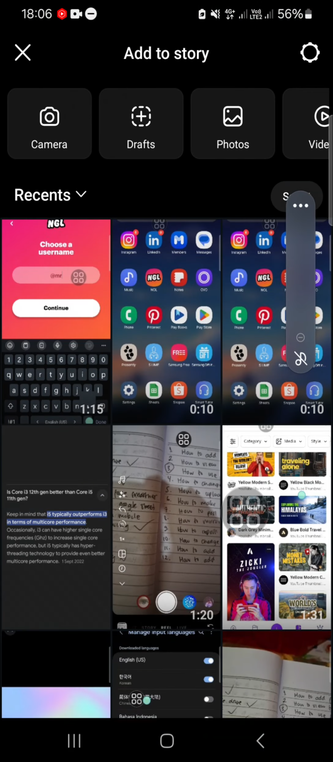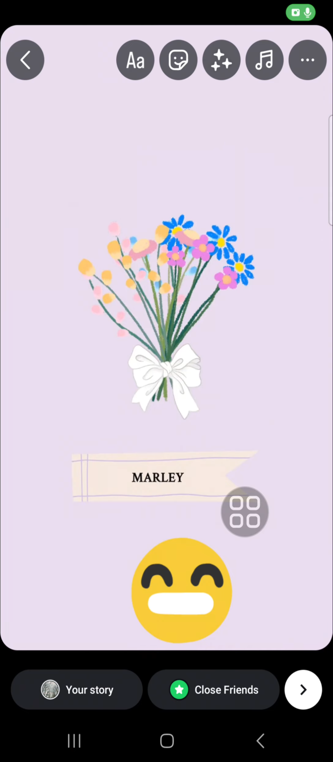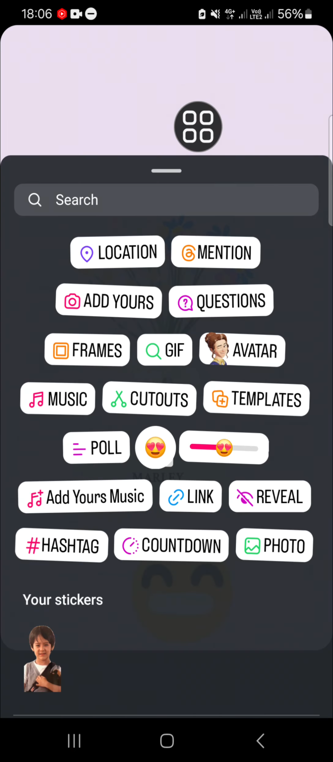Wait guys, I'm going to upload a photo from my device. I'm going to use this photo, maybe this one. Okay, and then we can click on the sticker icon and select link. Okay, and then we can paste the link of our NGL and then click on done, and I'm going to